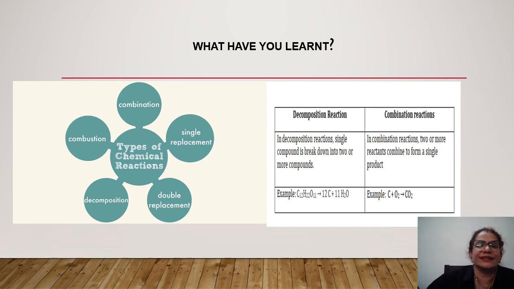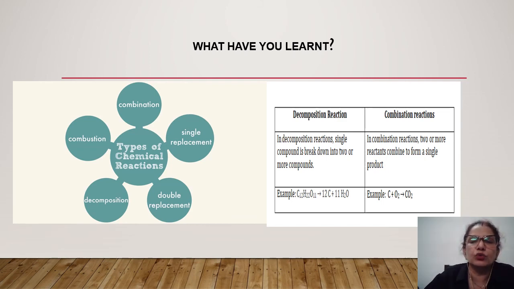So what have you learned in this complete video is that there are 5 types of chemical reactions: combination, decomposition, single displacement, double displacement and redox. Out of the 5, we have done 2 reactions. I would like to mention here that we will go slowly. We will not be covering all the reactions at the same time, because then there will be confusion. You may not understand each of them really. So I am going slowly. We're taking up 2 reactions at a time so that you get the feel of it, and by the time you see the next reaction, you are thorough with the previous reactions.